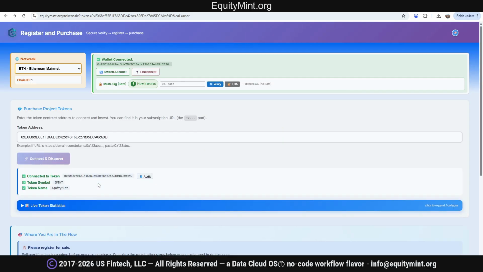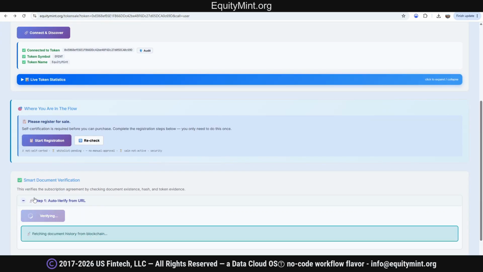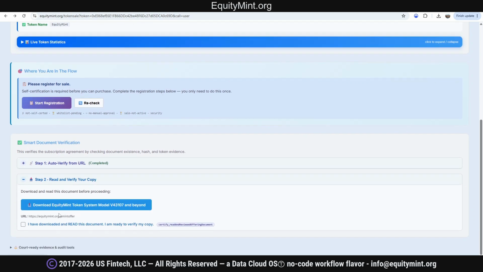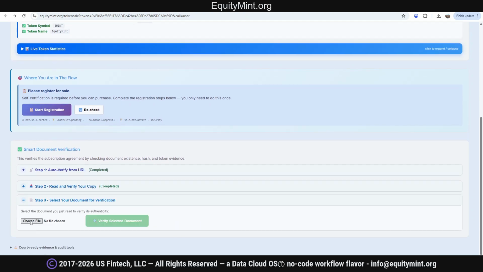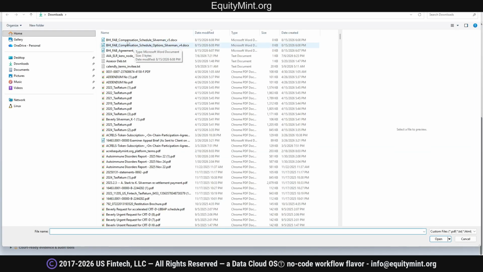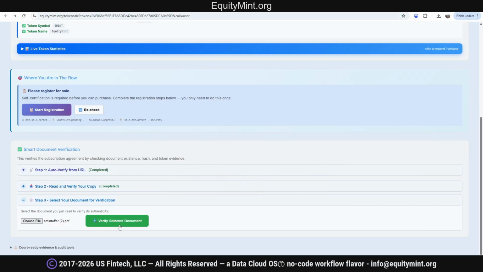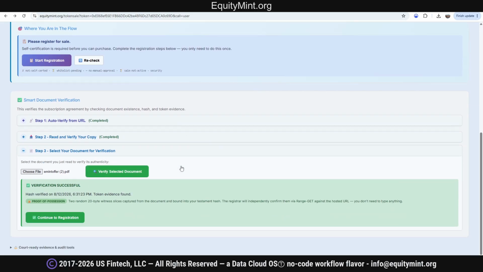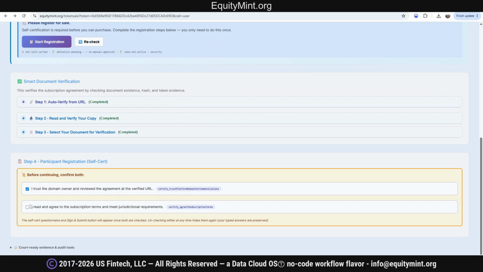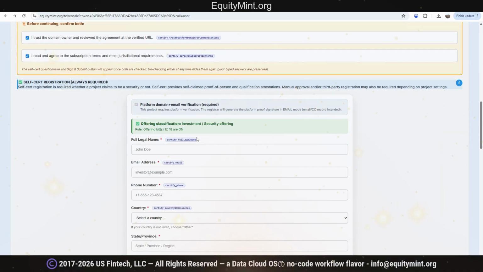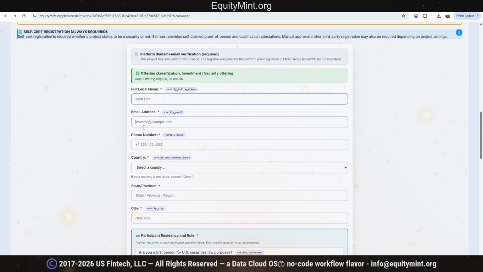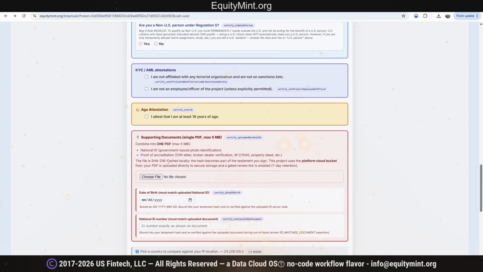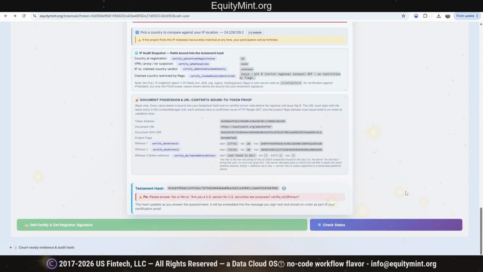And connect and discover, start registration. We downloaded already. I've downloaded, I read it, choose the file, and select the file, verify the selected document, and now continue registration. I trust the domain. I read and agreed to the subscription terms, and enter the information. Look at that. It doesn't ask for a referrer anymore. So from here, as a participant, I fill out the questionnaire, click the certify in the wallet, and immediately I get an email, and then I push a button in that email, and that allows me to self-certify as a